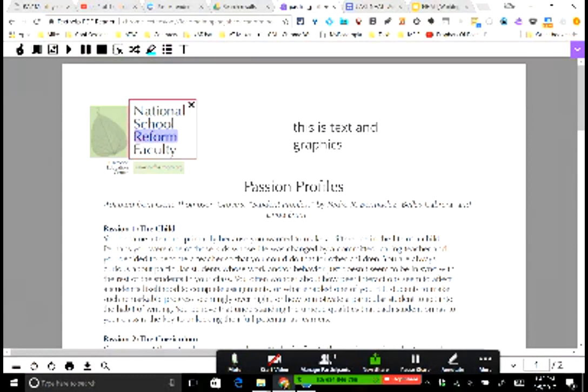National School Reform Faculty. Okay, so there you go. So you have that ability as well. So those functions are really very well thought out and provide a nice level of support for our student as they move forward. And like anything else, if I make all these marks on this PDF,